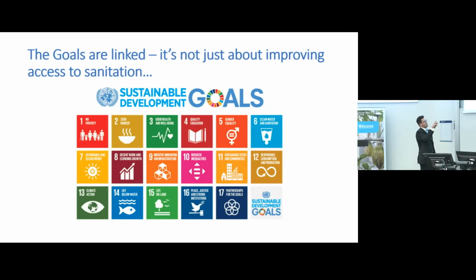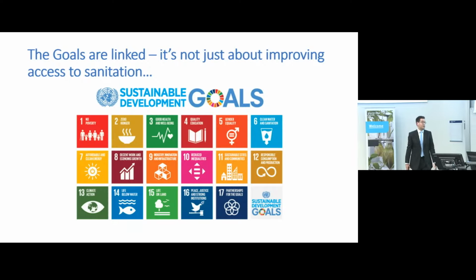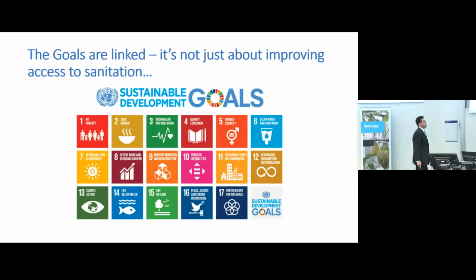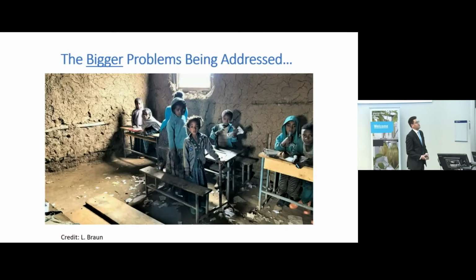And sometimes I hear people who despair that it's too expensive to achieve the Sustainable Development Goals, and I think there's a lot of double accounting that goes on because people don't really recognize that there are close links between these goals, and you're actually getting great added value when you address one goal in terms of progress towards the others.